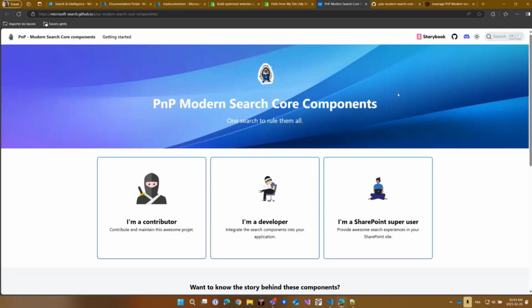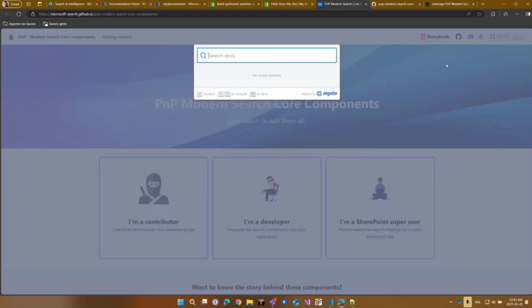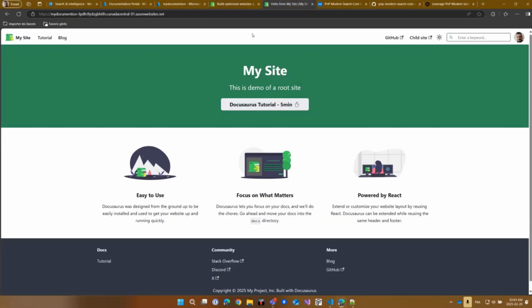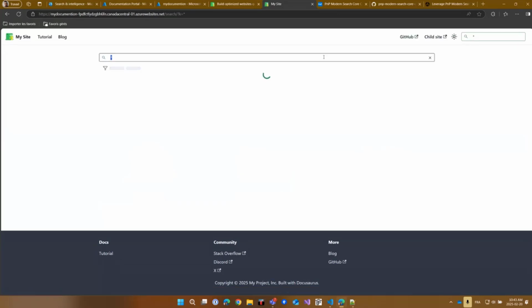But what if you create documentation internally and you want to provide that search capability? Usually when you build internal stuff, it is not available publicly, so you can't benefit from that feature. So what we're going to do today is go from this to this: a custom website and a custom search box here with Microsoft Search.